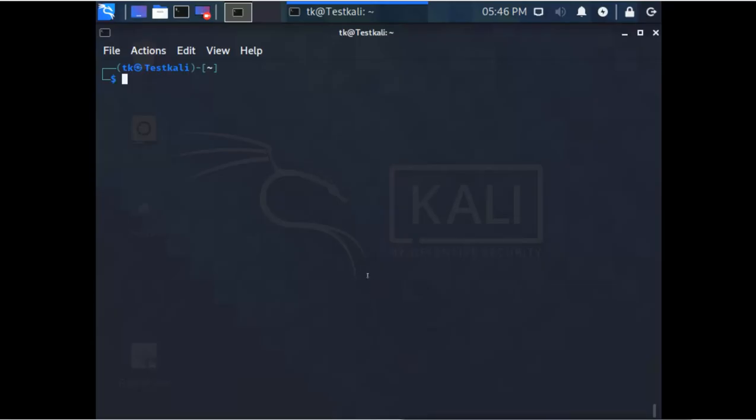Now on the Kali machine, I will run the arpspoof command from my Kali Linux interface to these two targets. My Windows 10 machine's IP is 155 and my router's IP is 1. I will tell the router that the MAC address for 155 is my MAC address, and I will tell the 155 Windows machine that the MAC address of the router is my MAC address. So first I will do this.